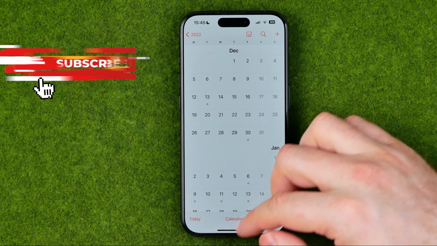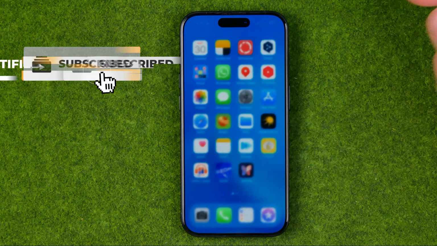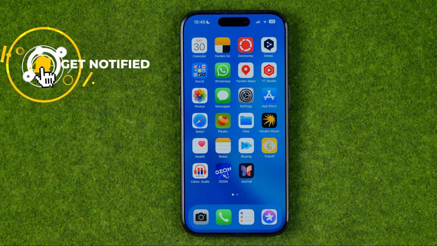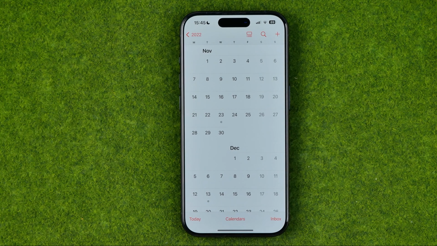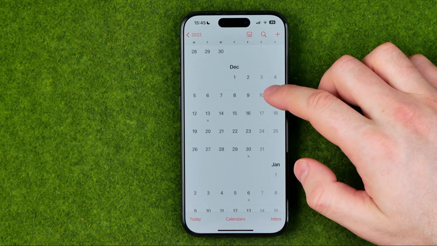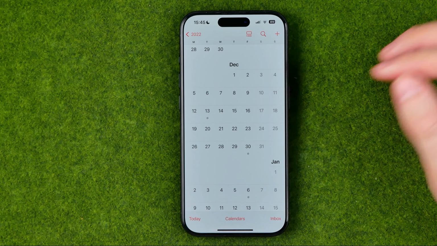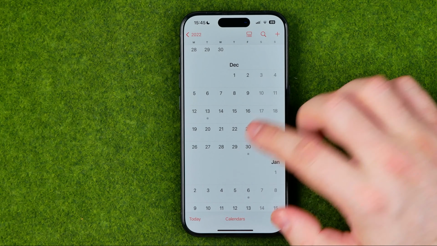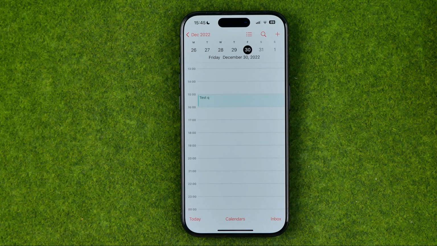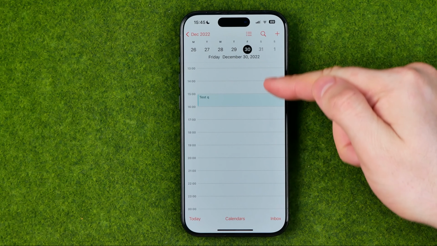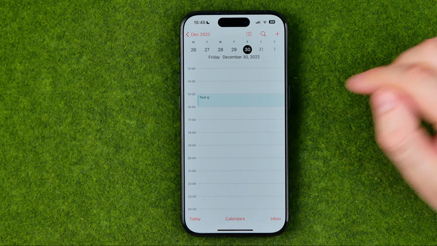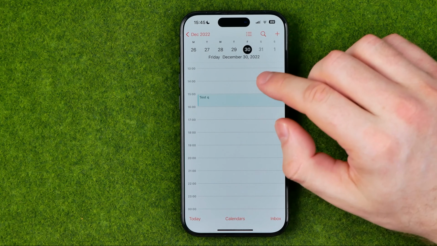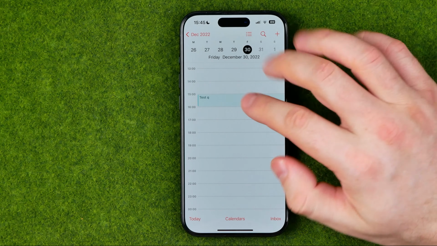Let's get started, guys. I'm gonna show you all the process from the beginning, and first off, we need to open up the Calendar app. If on a particular day we have an event, it will show us that gray dot just under the current day. And then if we get into that day, it will show us all our events for the day in chronological order. As you can see here, I got some event, and in order to delete that event, we need to